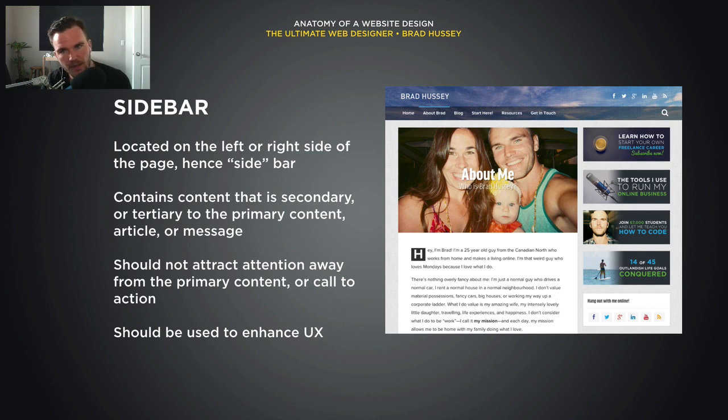biographies. Sidebar, located on the left or right side of the page, hence sidebar, contains content that is secondary or tertiary to the primary content, article, or message. It should not attract attention away from the primary content or call to action, and should be used to enhance